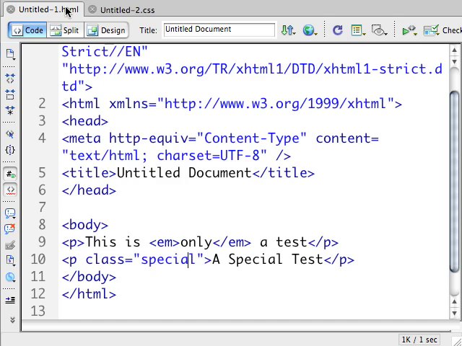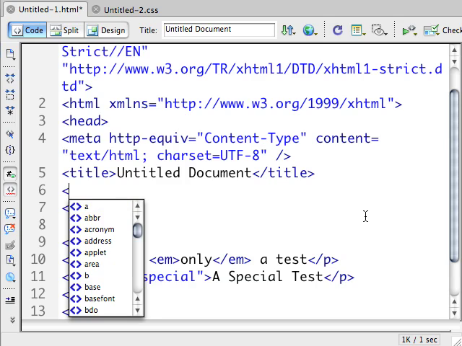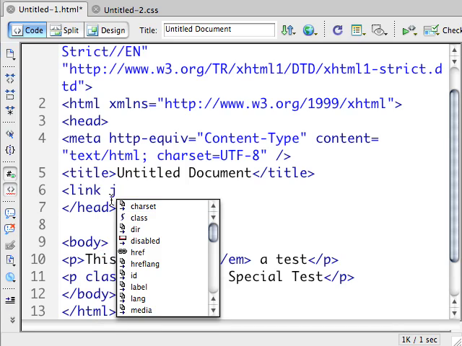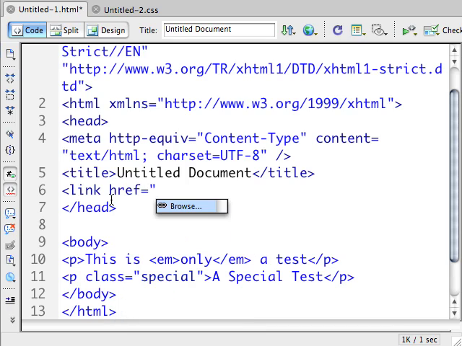Okay. Now in here, I need to make a link to that document. And the link, all CSS links and other links always go in the head. So I'm going to come up here and type link, space, href equals CSS slash style, or wait a minute,